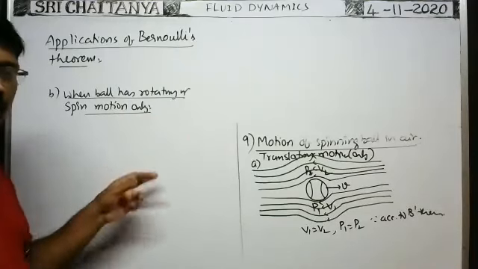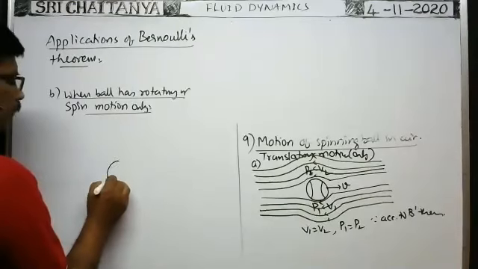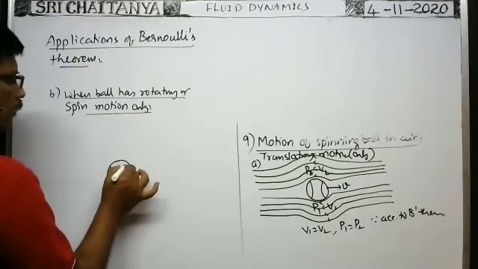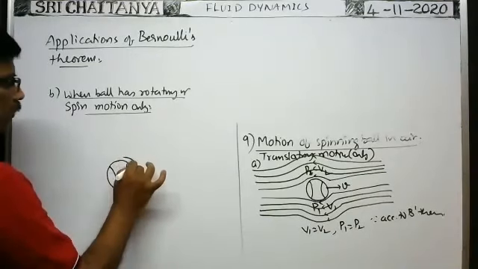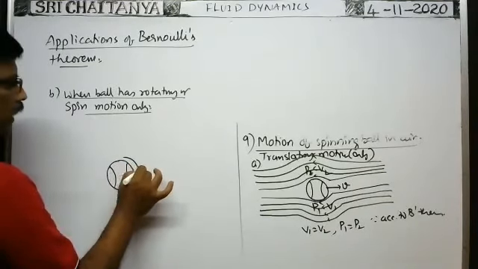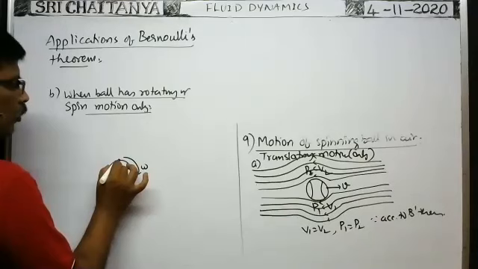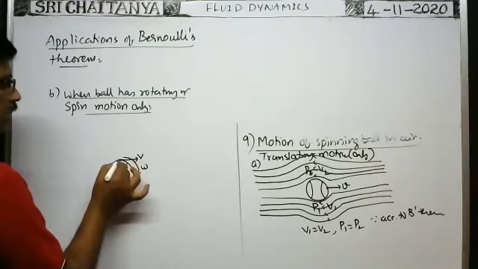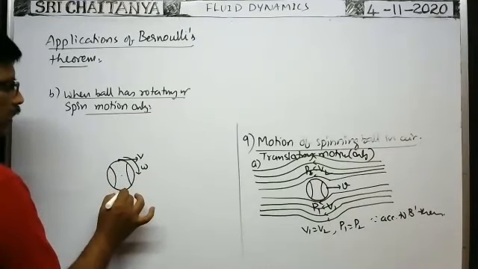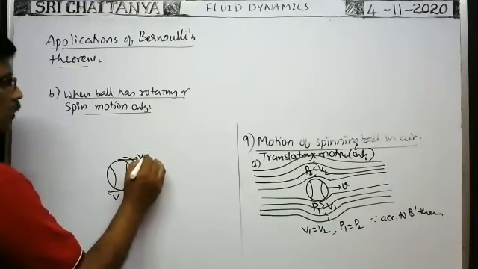Only at the same place does the ball rotate. Suppose this is the ball. Here, this ball rotates in the clockwise direction with angular velocity omega. Therefore, at the top of the ball, the velocity of a particle on the surface of the ball is, say, v. At the bottom, the velocity is along the tangential direction in this direction, which is also equal to v. v is equal to r omega.